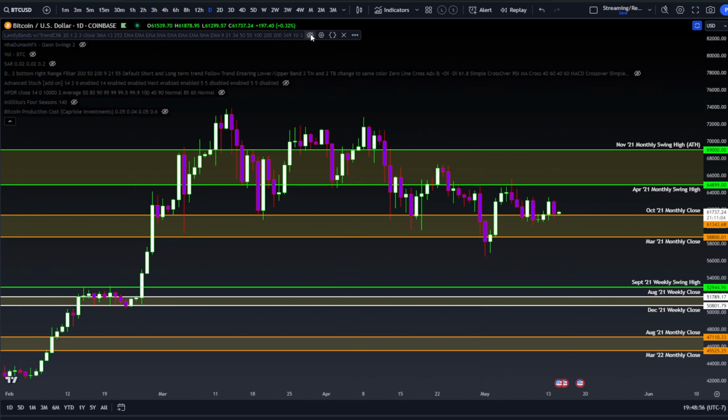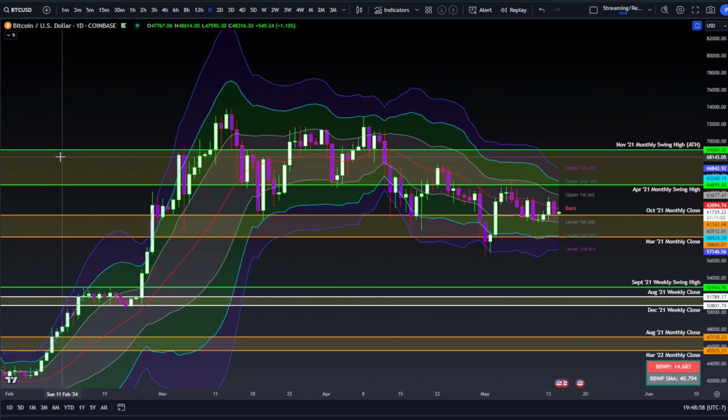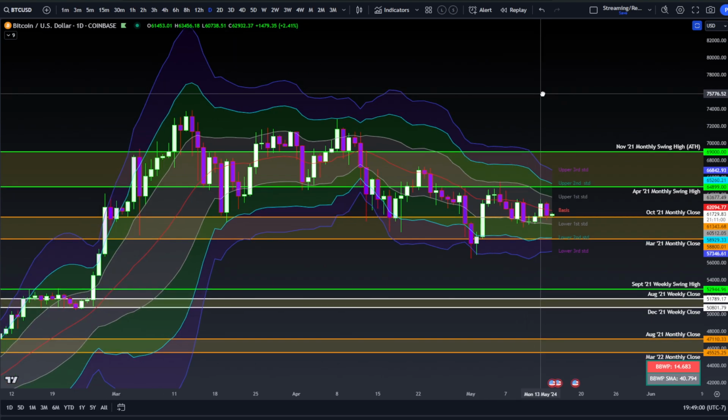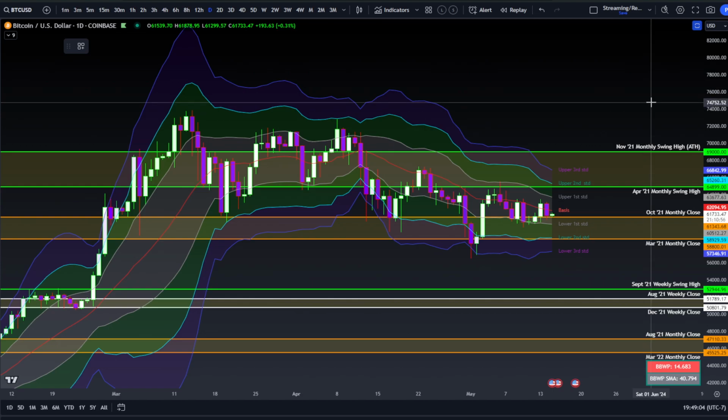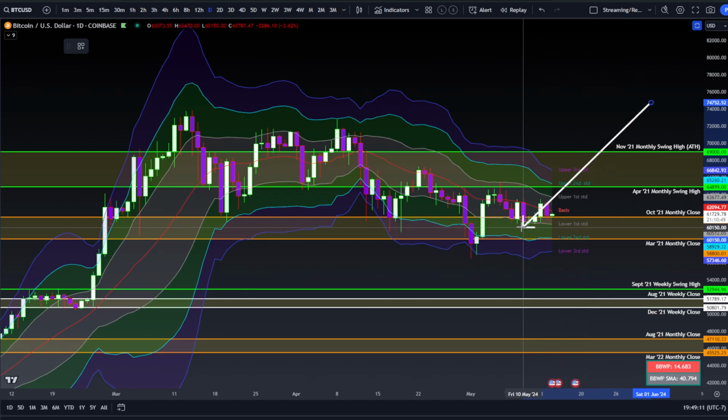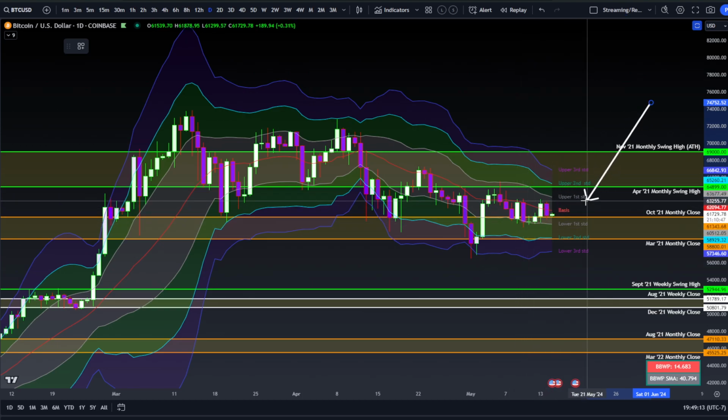But we can gauge kind of where things would find some resistance confluence with the Bollinger Bands here, as they do give us levels for the volatility. If Bitcoin can remain above the lower first, of course, that would be the equivalent of holding this higher low structure on a swing. That's coming in at around 60,500. Don't really want to see any kind of daily closures below the lower first on the daily,